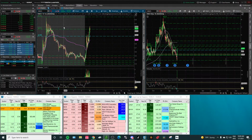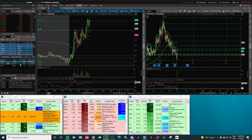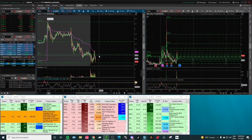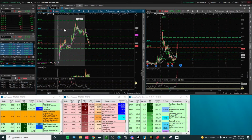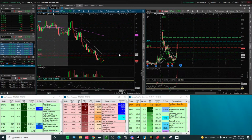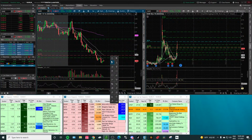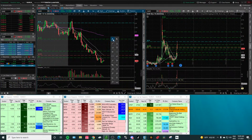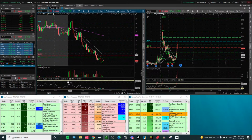Neo's not doing good. It's all good. Come on. See, this, it sucks. I can't load it like that. Again, guys, this could be a good trade. 14%, 15% back up to VWAP. I'm looking for VWAP to come back to